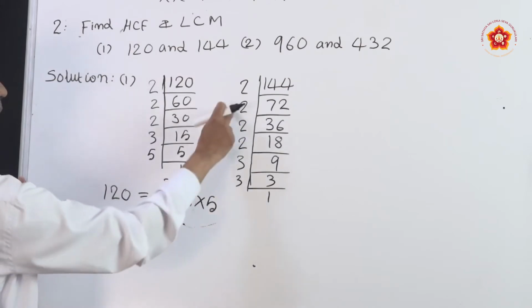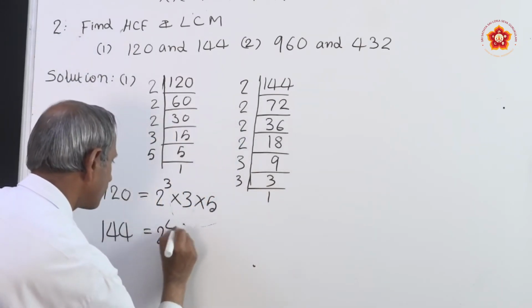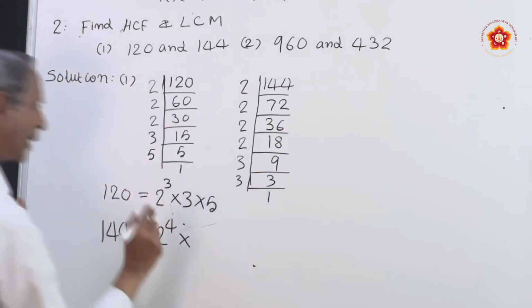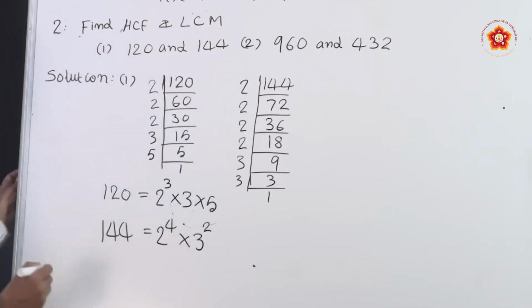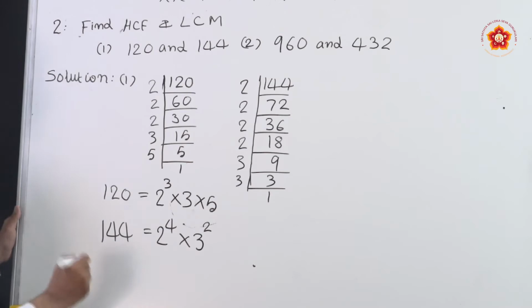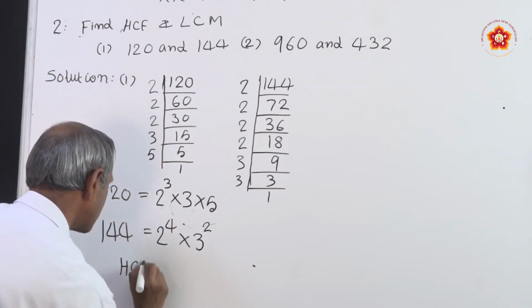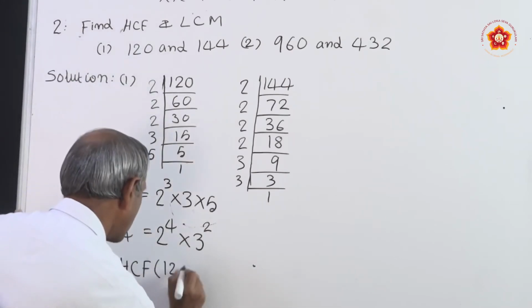2 here, 1 2 3 4 times is there. Now, write it as 2 to the power of 4. Next, 3 2 times is there, write 3 square. Now, using these prime factors, you have to find the HCF first. Therefore, HCF of the given numbers 120 and 144